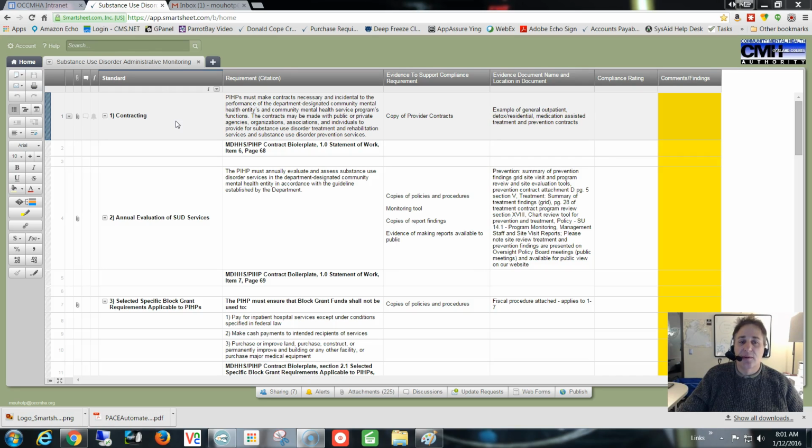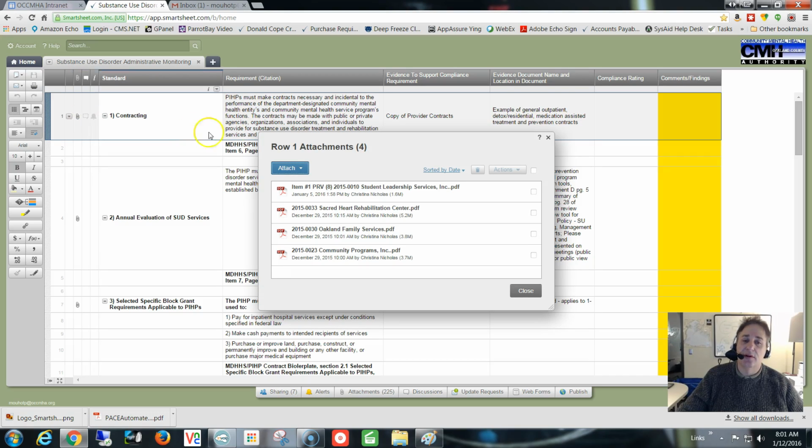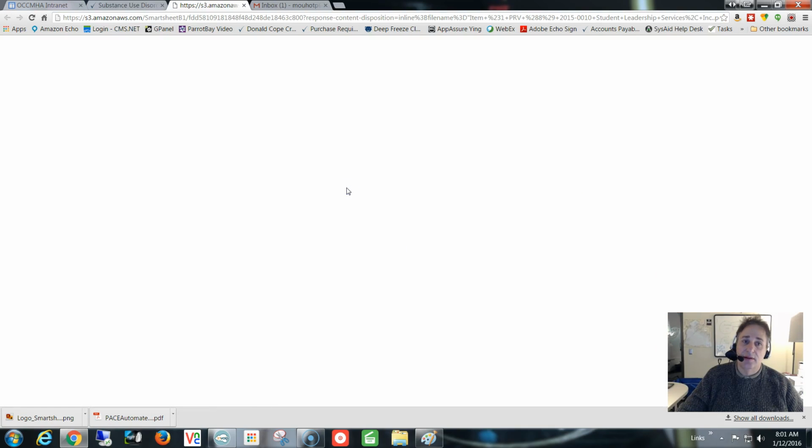It looks very much like a project management plan, or more similar to an Excel spreadsheet with rows and columns. But some of the unique differences is that we can all be in it, actually all at the same time, from our different devices in different locations. And the interactive part is, for each row, up here on the paper clip, this is where all the proof documents are. So in your particular audit, if this is the contracting requirement that's here, all of the proof documents are attached here. So you can click on any one of these documents and it will automatically come up,